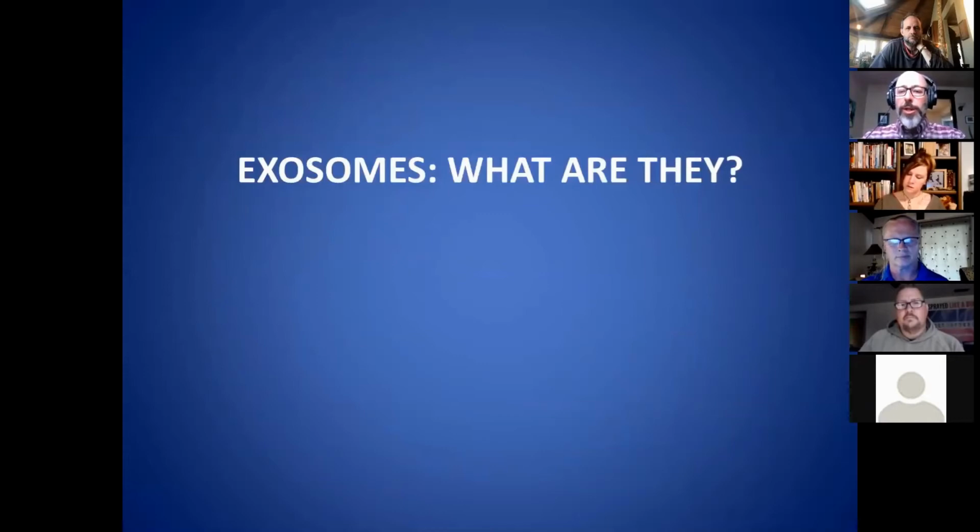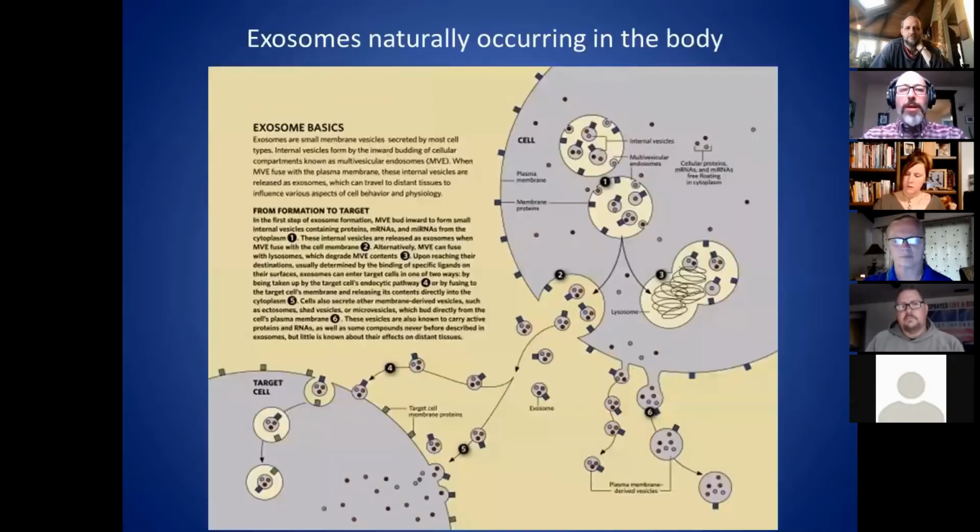So I'm going to change gears now a little bit and talk about something different, something that most of you have never heard of whatsoever, and it's called exosomes. So exosomes are something that is naturally occurring in the body. This is a normal cell here outlined, and inside the cell you have these vesicles. And inside of our cells there are a number of different little organs, they call them organelles, and they're generally